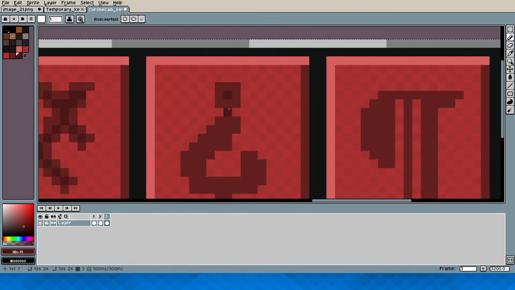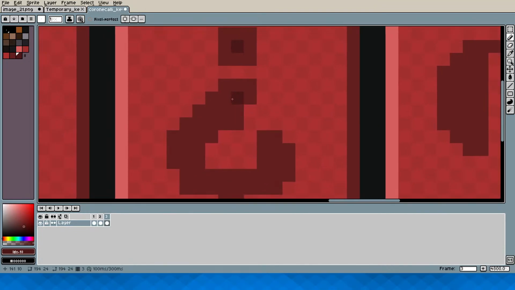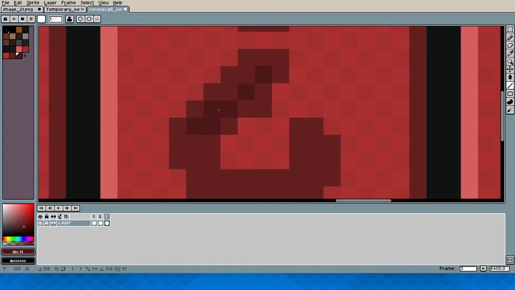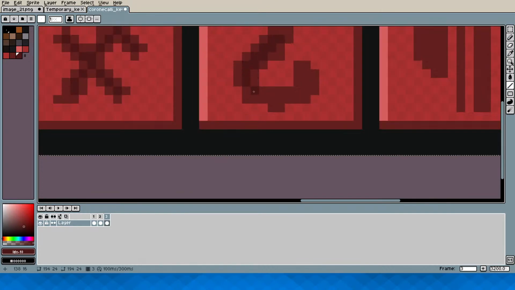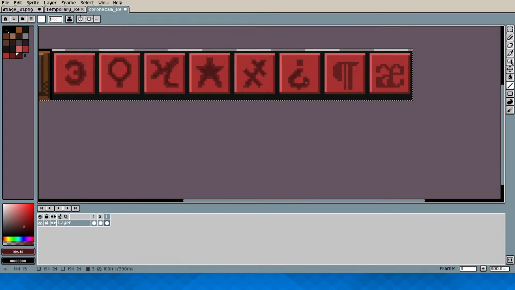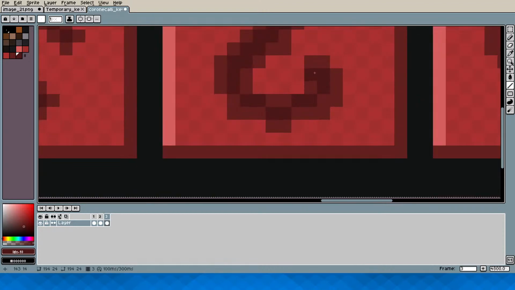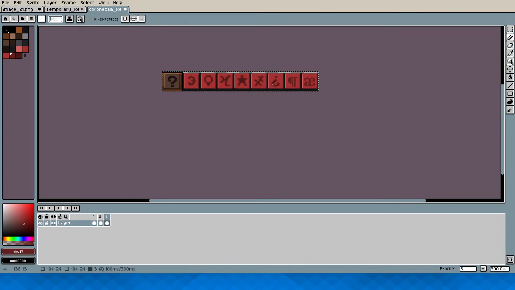Okay, and just fill the sprite here. Wait. Yeah, okay. How does this look? That looks wrong.